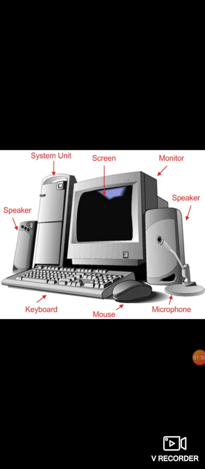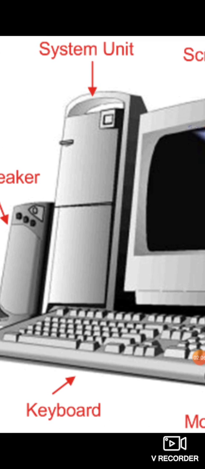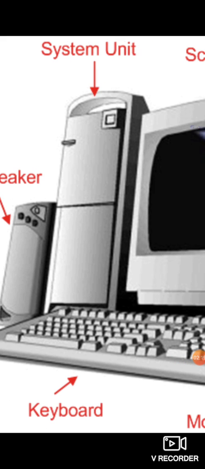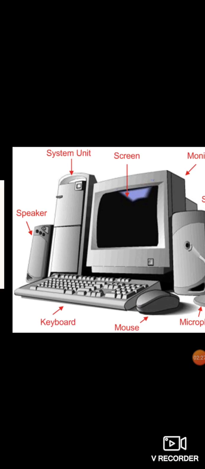And here you can see the system unit. The system unit is called the CPU. Okay, CPU stands for Central Processing Unit. So using this system unit we can process, store and calculate any mathematical operations. Okay, and it is called the brain of our computer. So which part of our computer is called the brain of a computer? CPU. Okay, and then another speaker, if you want to attach, you can attach the speakers.